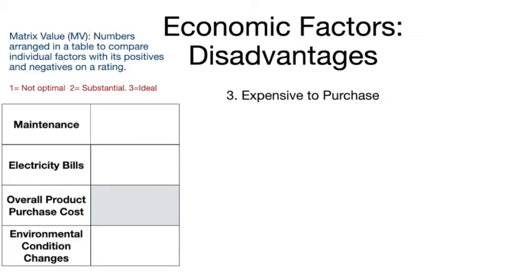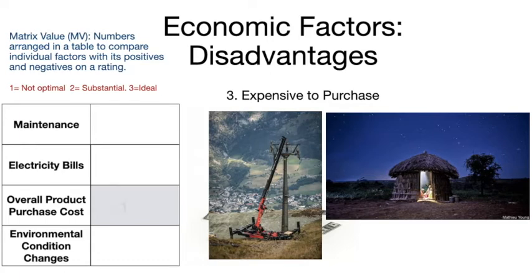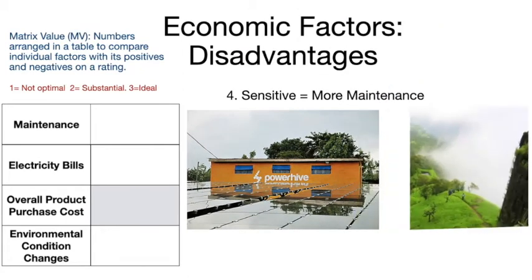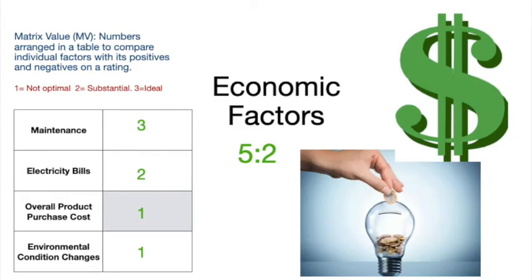However, there are some disadvantages, including the fact that it is still expensive to purchase, costing over $2 million, and that more payments are needed from this developing nation to get microgrids to over 40% of the nation, of which are mostly in remote places. More equipment is needed to transport the product, therefore leading to an MVF1. Meanwhile, with such a small structure, microgrids tend to be extremely sensitive to weather conditions in remote areas, hence needing to pay for extra repairs, which can be a waste of money, making this non-efficient, thus having a matrix value of 1. Nevertheless, as seen with the ratio 5:2, it is clear that the advantages outweigh the negatives, making microgrids